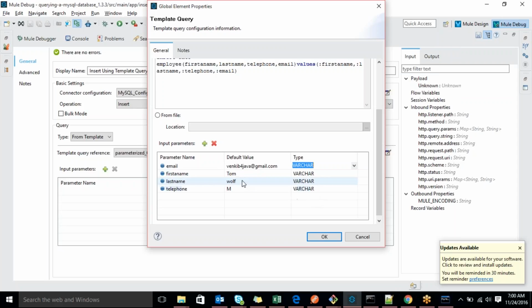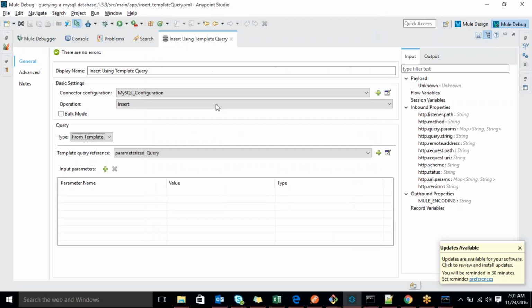In the values you have to modify, like flowVars. Instead of first name, I just hard coded the values here. What I'm trying to say is, if you are getting it dynamically, then it will accept it. You can see here also. It's not coming up, but you can try, it will take whatever dynamic value you are passing. So that is nothing but a parameterized query.